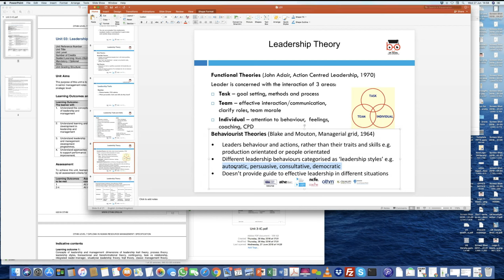Now, depending on what style you exhibited, you were put across in that particular grid. And then sometimes what it meant was that you were neither showing those actions or behaviors nor showing these kind of styles. And that would have meant that you are in a position wherein you're showing leadership which is dependent on the situation that you're in. So this grid wherein they classified people on the type of behaviors and actions, on the type of styles that they exhibit, and the situation in which they would come out and show leadership was called the behaviorist theories.